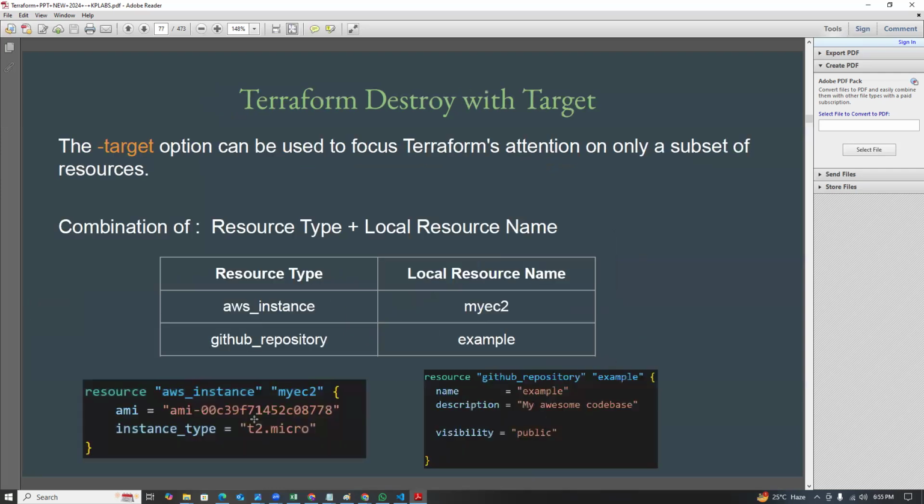destroyed. The hyphen target option can be used to focus Terraform's attention on only a subset of resources, a combination of resource type and a local resource name. What is the combination of resource type? Resource type is aws_instance, aws_